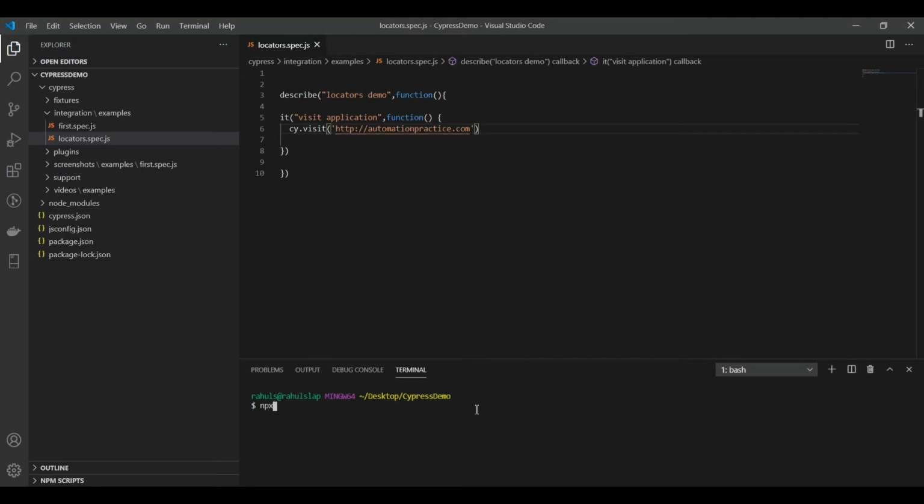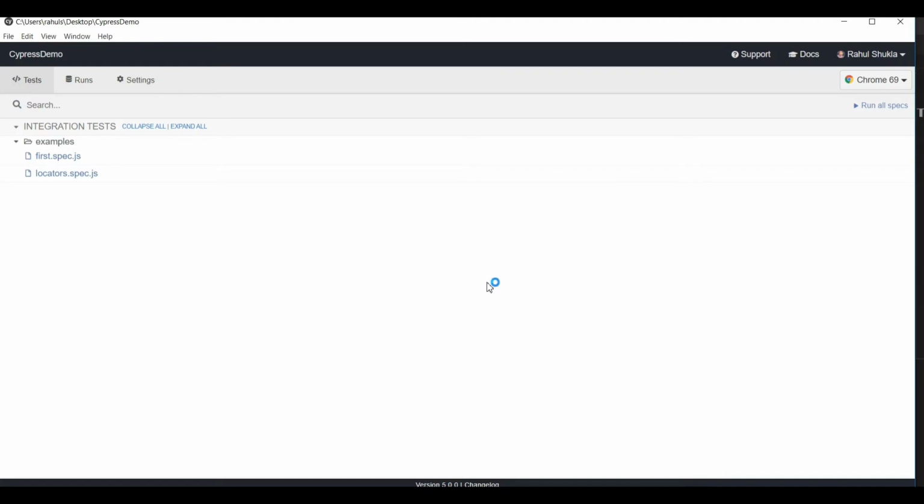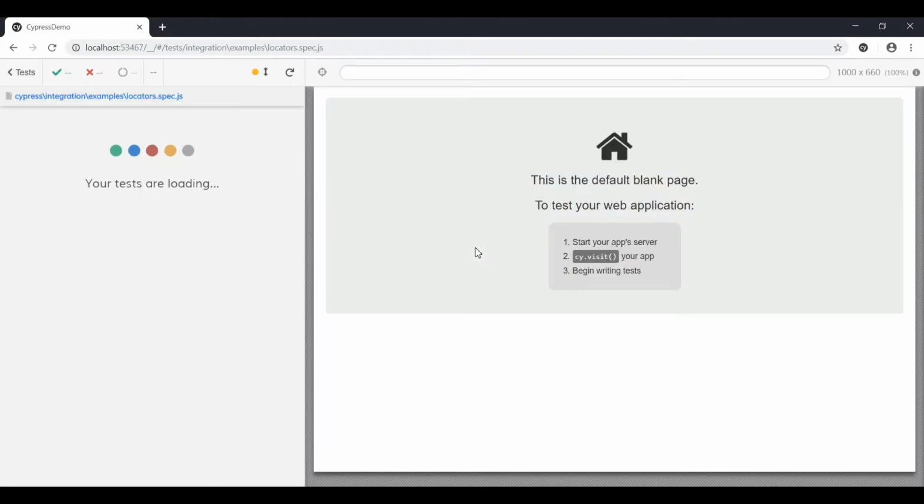I'm opening the Cypress runner here. And I'm running the second spec file which contains a test case. So this should redirect us to the website automationpractice.com.